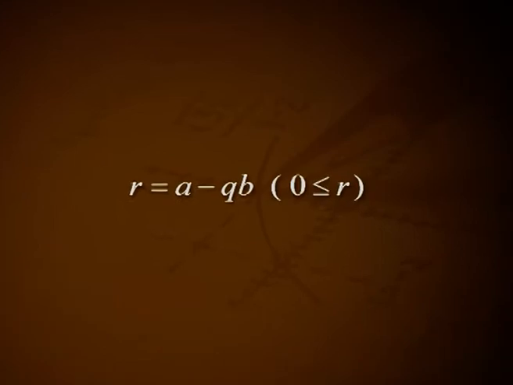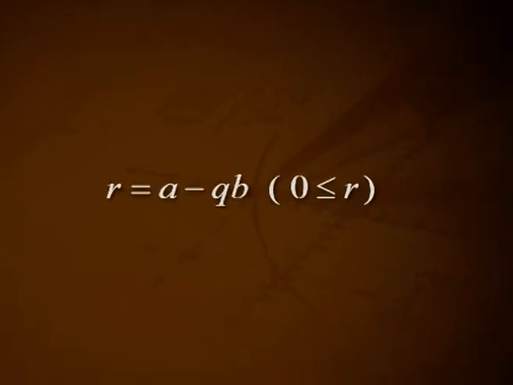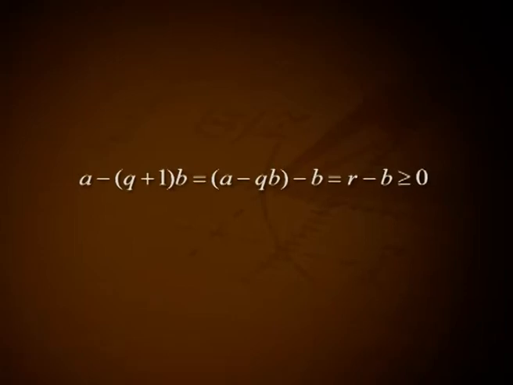Now, by the well-ordering property of the natural numbers, the non-empty subset S of N contains a smallest integer, say r. By the definition of S, there exists an integer q satisfying r = a − qb, 0 ≤ r. We argue that r < b. If this were not the case, then r ≥ b, and